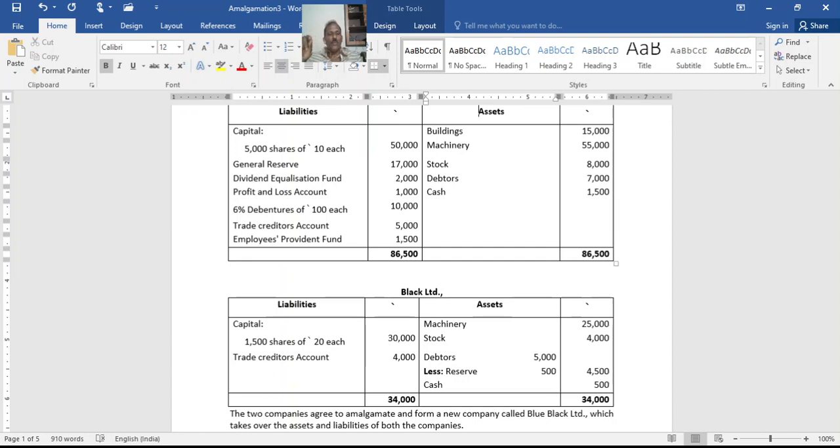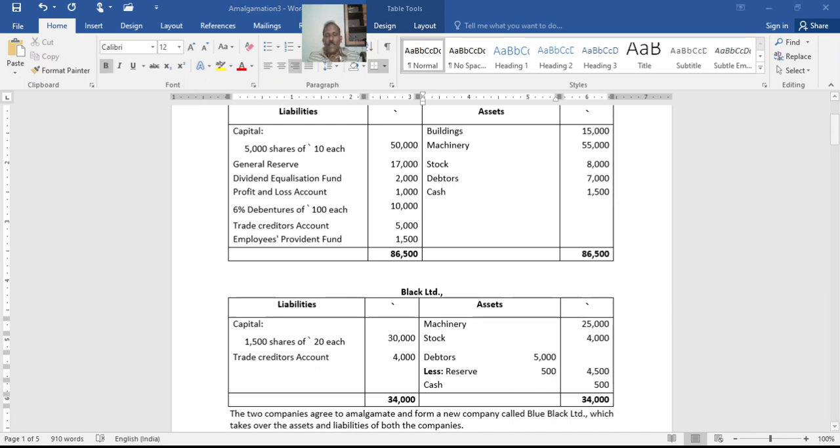So any amount due to employee provident fund, employee savings bank account, employee gratuity fund, staff benevolent fund or staff welfare fund is a liability. But if workmen compensation fund is given, as explained in the theory, you have to take it as a liability only if there is any compensation to pay to workmen, and the balance belongs to shareholders' fund. So in case of Black Limited, nothing is mentioned, so all at book value less only one liability there.